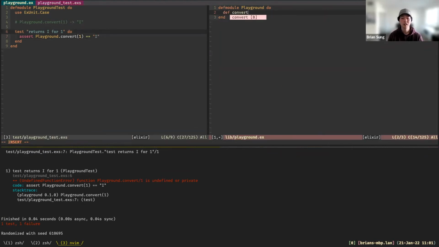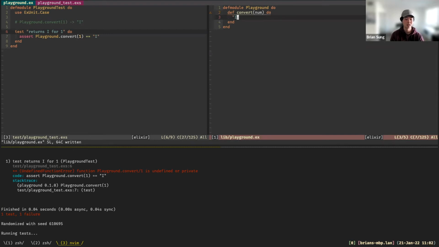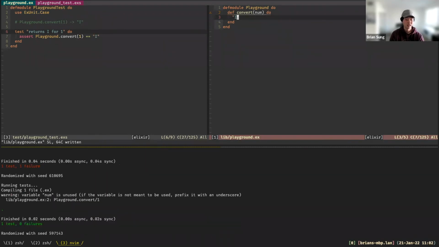So let's do that. The basic rule of TDD is you write a test and have that test fail, and then write the least amount of code to get that test to pass. So in this case, I'm just going to return this "I". Cool, we have our passing test.